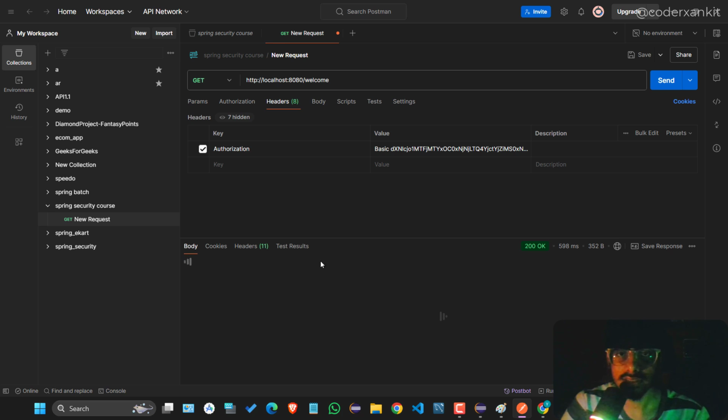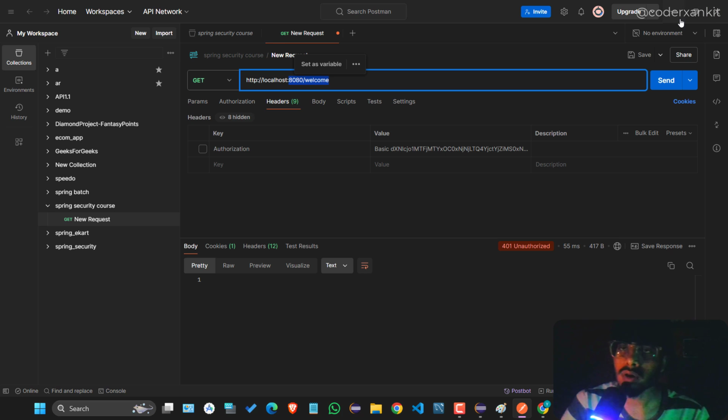Now it's working, right? See, 200, "welcome dear user" is coming. So if I don't pass the authorization header, it will not hit the endpoint, right? See, 401 unauthorized. Fine, we already saw that. Now